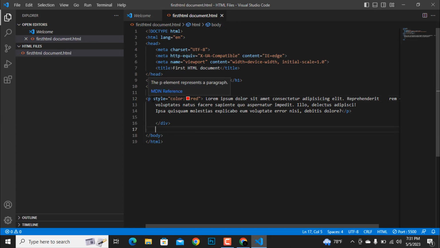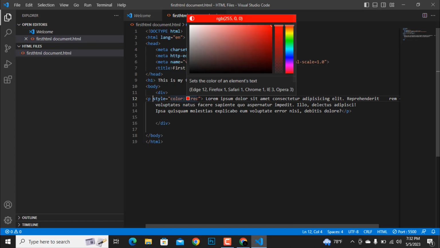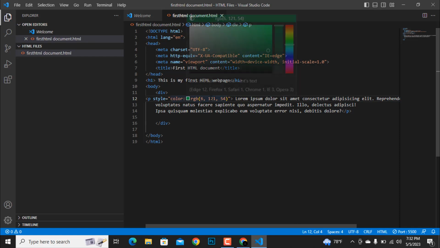The next thing that I learned is you can actually add style to this whole paragraph. Let's say you want your paragraph to be of red color. What you can do is after this p, you can type in style equals to color, and you can actually type in the color, or you can also just simply hover your mouse over this color and select the color of your desire, or you can also type in the hex code of the color, and you can change the color of the paragraph. These are some of the things that I learned. I know it is a little bit random, but